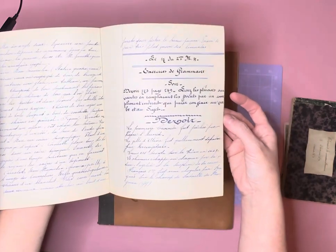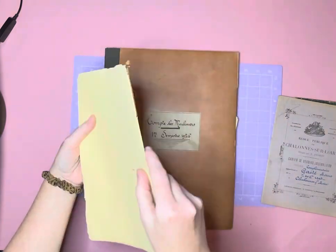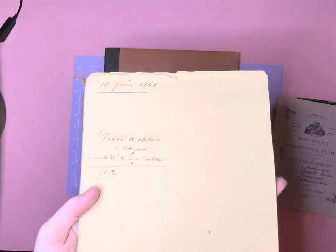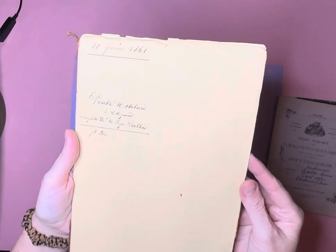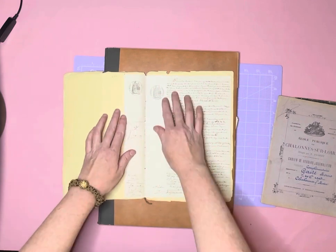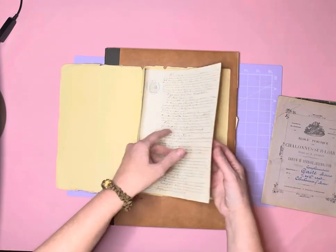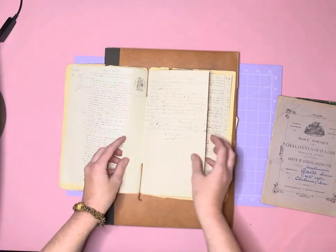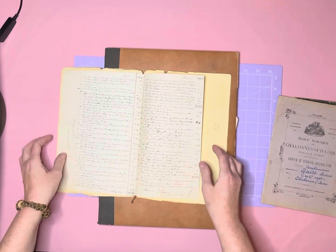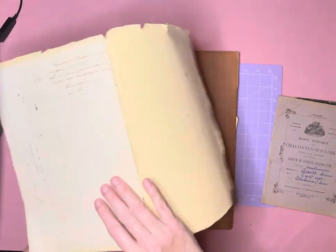Just beautiful. Oh, look how pretty that is. Just gorgeous handwriting. So that was one of my purchases. This is a folio. It has all of the original little string to bind it. It is from 1861. And it's like a notarized document, or a document with a watermark seal and everything. I don't know if I'm using the right terms here, but just gorgeous. Just a folded document folio with these gorgeous watermarks and stamps, perfect penmanship. Absolutely gorgeous. And there's a beautiful watermark on this. Can't really see it, but